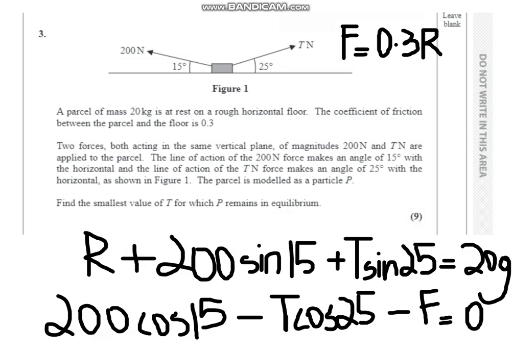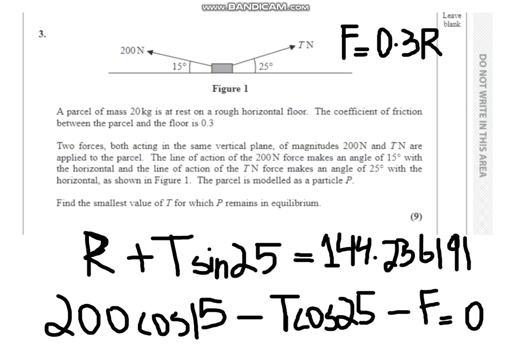Now guys, to solve the second or the horizontal component, what we'll do is solve for R on the first equation, that's the vertical one. Then we can find F and we can easily find the smallest value for T. Or we can set them up as simultaneous equations. What you can do is take this 200 sine 15 and this 20G, or just subtract 20G by 200 sine 15 or take it to that side and make R and T the subject, because R and T are the variables that have not been found yet. There you go, R plus T sine 25 equal to